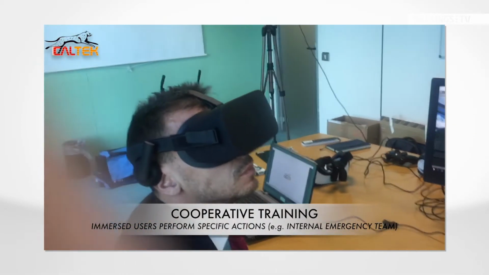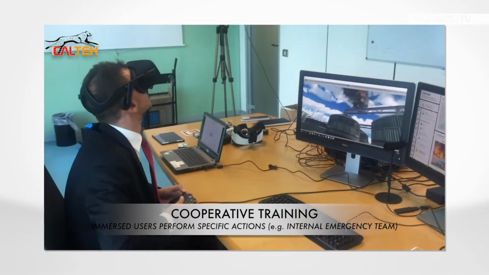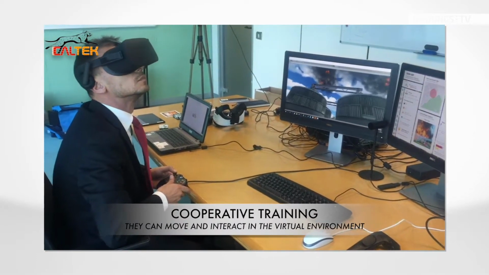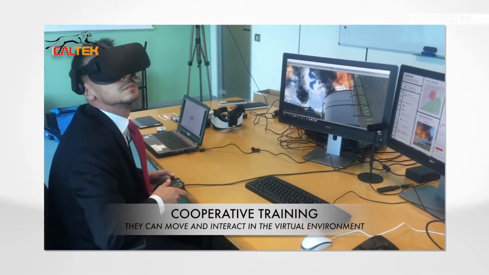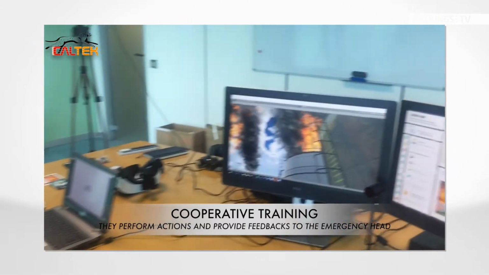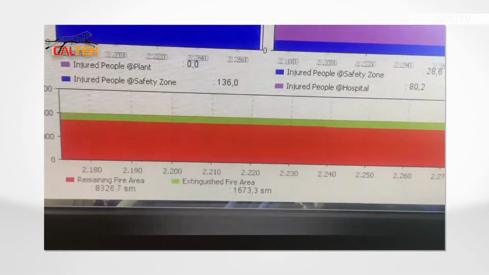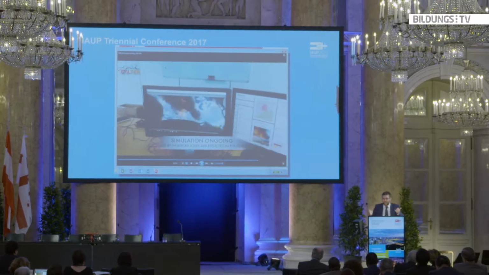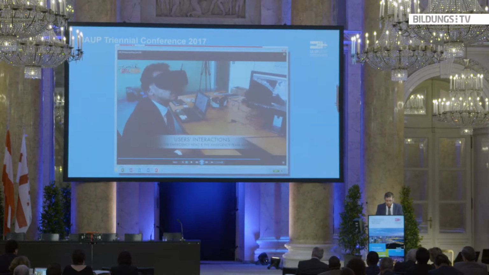The people using the head-mounted display, you can see on the screen what he is currently seeing. So he's able to see the virtual environment, he is fully immersed in it, and he can interact with it, even doing some very simple operations, such as detaching an electrical system, giving the alarm, or giving the evacuation order, because many times when people are scared, they are not able to do very simple things, such as calling the firefighters, for instance. So this is one of the solutions that we have developed.